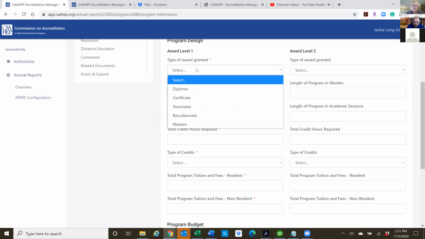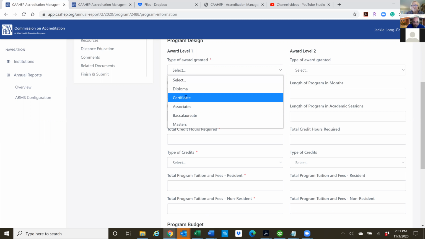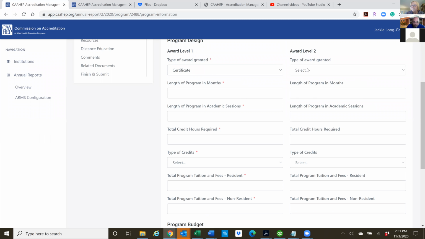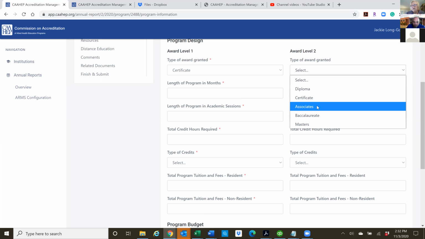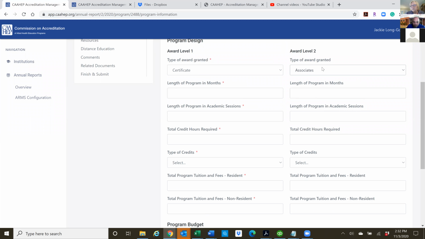If you give 2 levels, so for example, some of your students may get a certificate and they can drop out and never come back, or they can go in and come back and they can get the associate's degree. So you would just put level 1, level 2, make sure that your level 1 is the academic award that gets your students into the exams. So if you have a program that's designed so that at the end of the first year, the students get a certificate of completion, that's all of their content technical courses, and then they can go take the boards, and then they can come back and finish their gen eds at their convenience, then you can do a level 1 and 2.